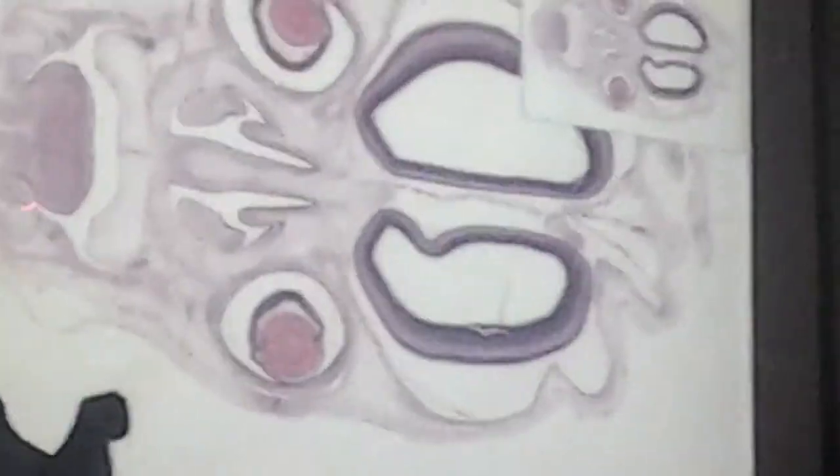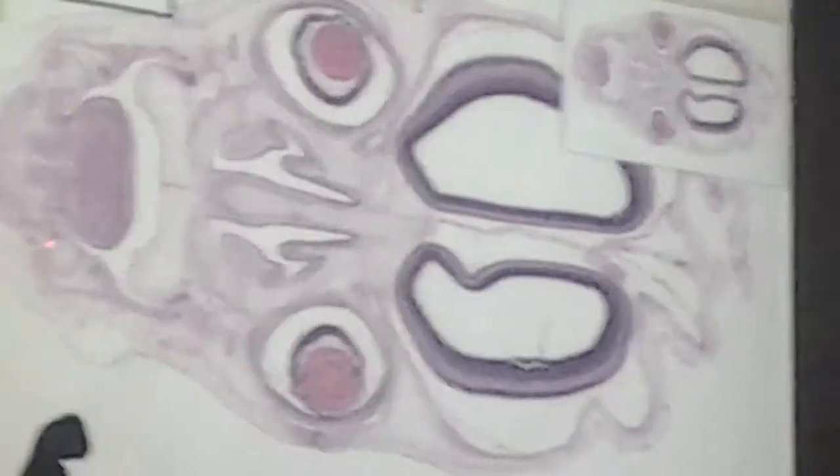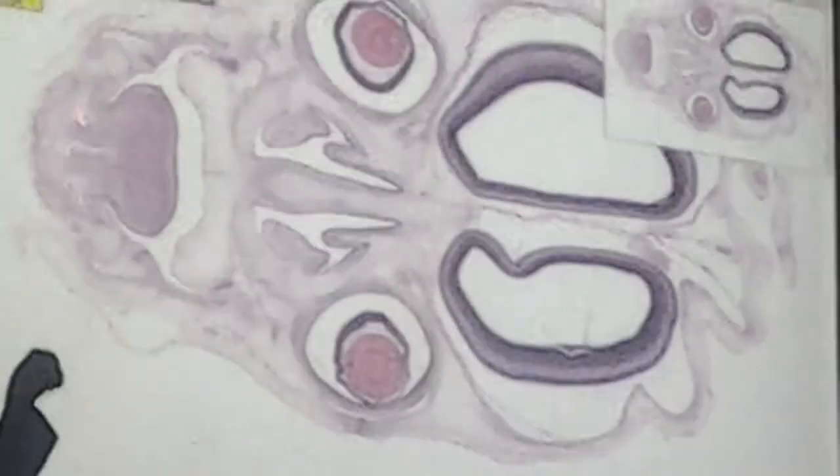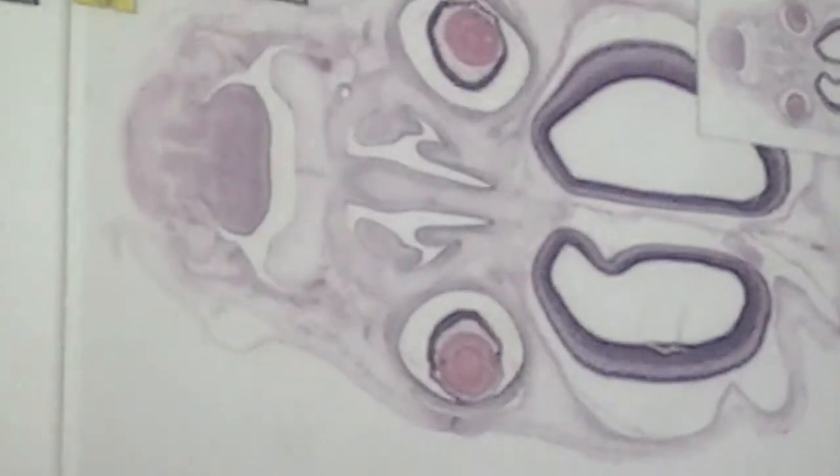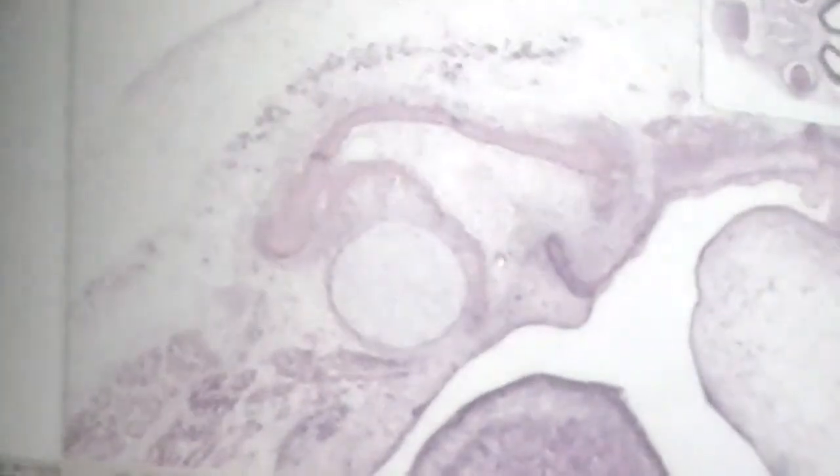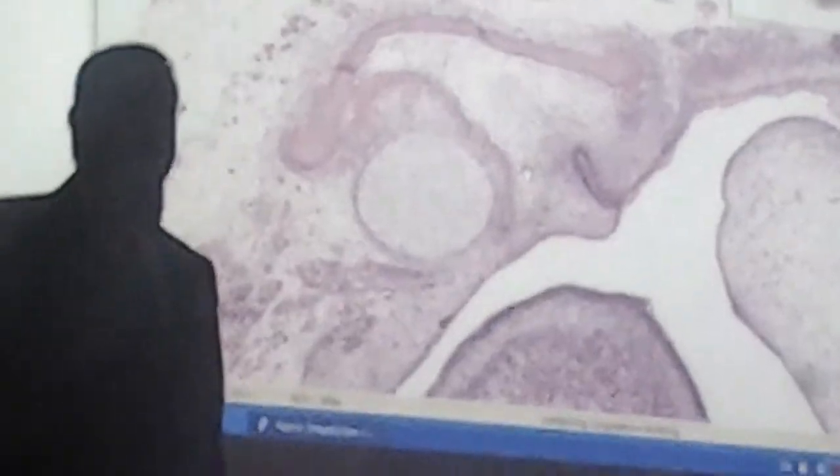The lower jaw. Here we are going to zoom into this area to see what's happening, at the side of the tongue. Here, this is a cross section through Meckel's cartilage. All right. And we see bone formation at the lateral aspect of Meckel's cartilage, or the outer side of Meckel's